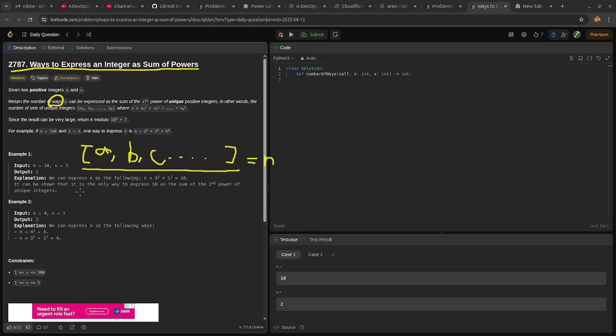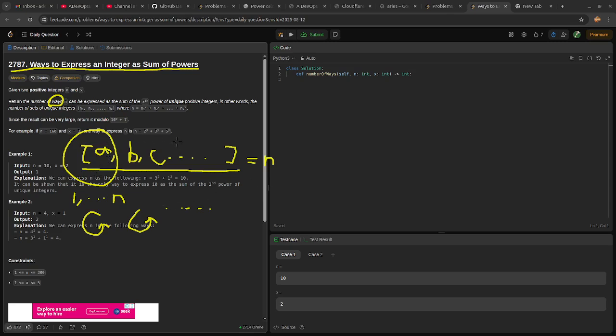If we want to figure out this combination, then we have to take the first element in this array. For example, it could be anything between 1 to n, which means we're going to do a loop. And for each possible number for a, there's going to be a follow-up for b, same thing. There's going to be another loop, and so on. Which means we have to do this